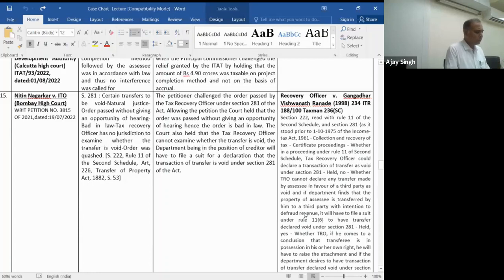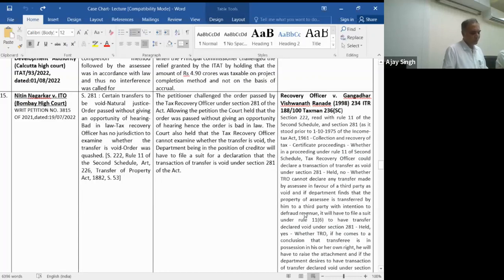So basically there were two contentions which were raised before the court. One was that opportunity of hearing was not given by the tax recovery officer, and the second was whether under section 281 the assessing officer has the power to treat this transfer as void. The court relied on the earlier decision rendered by the Bombay High Court,